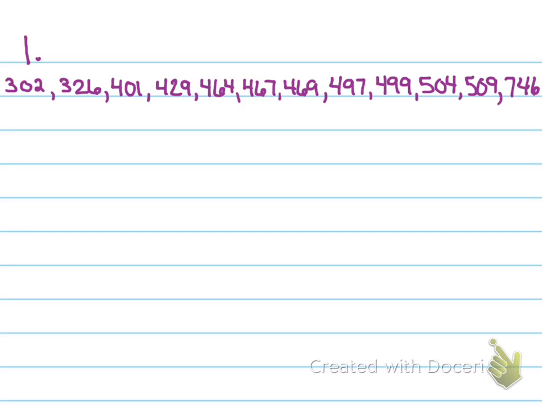Justin? List them least to greatest. So you don't have to write the original problem. Just go ahead and list them least to greatest. All right, so now we have them in order, least to greatest. Now we need to find the median of the data set. Remember, don't cross them out because that's just going to mess you up when it comes time for you to find the quartiles. Okay, so we're going to go 302, 746, 326, 509, 401, 504, 429, 499, 464, 497,